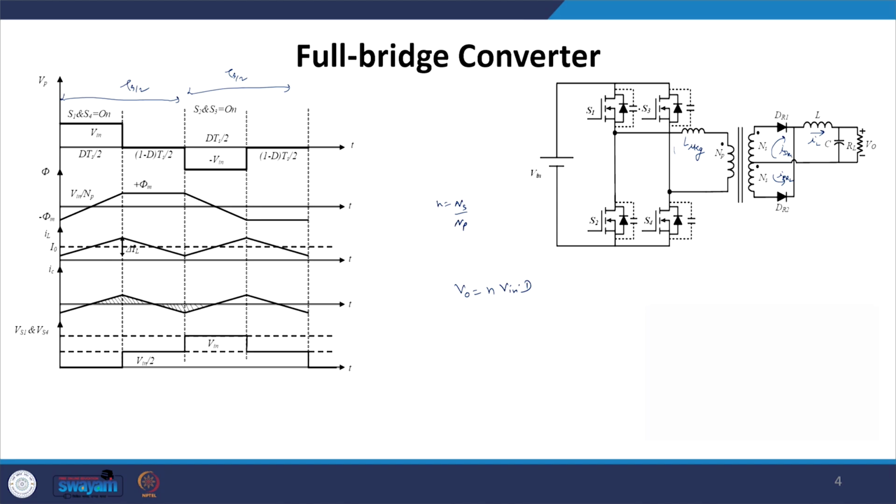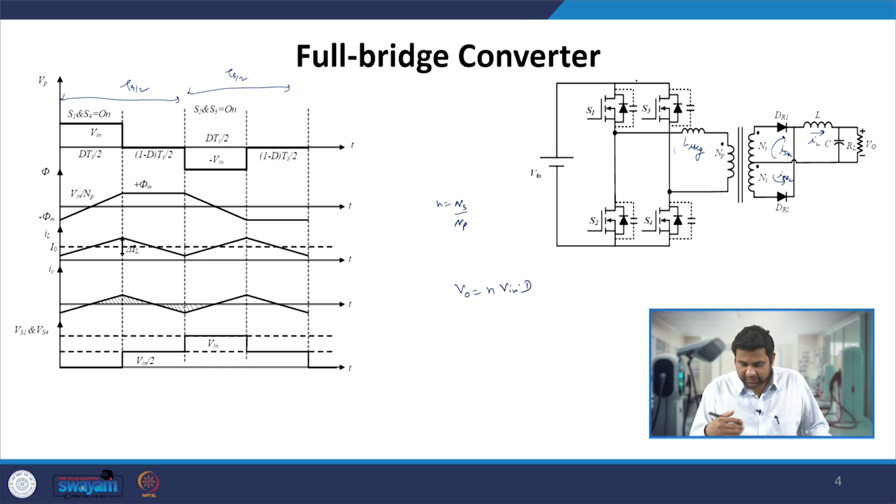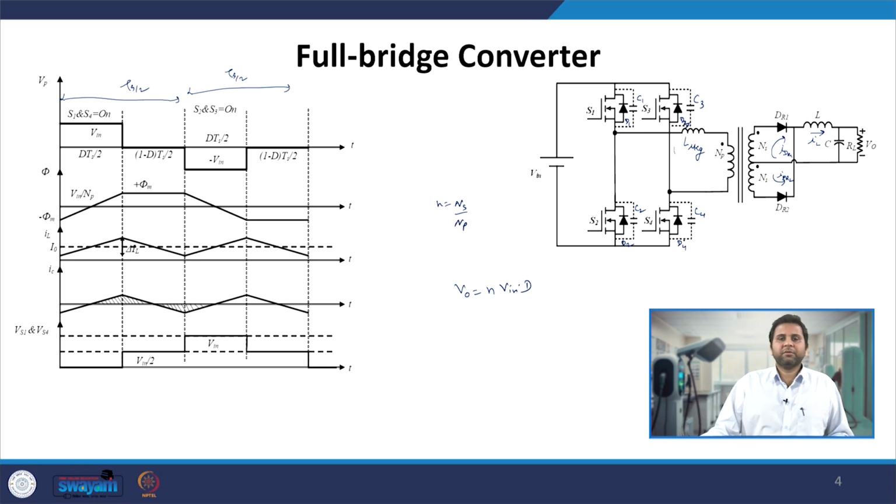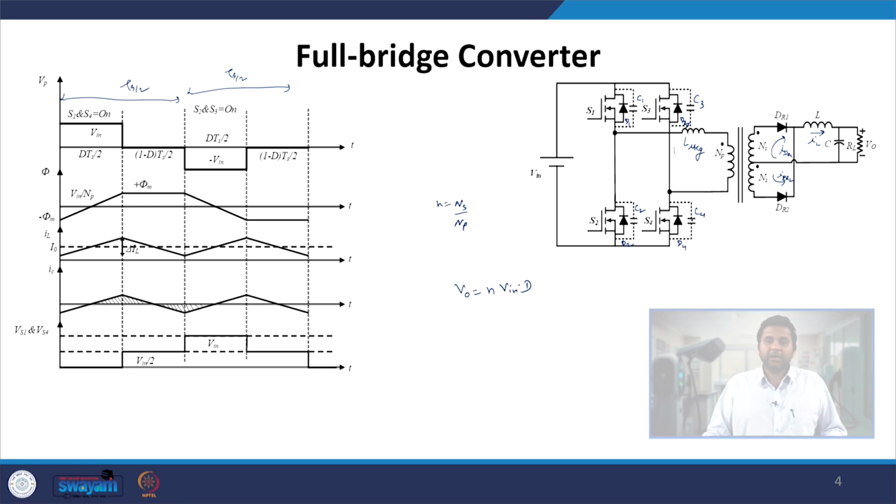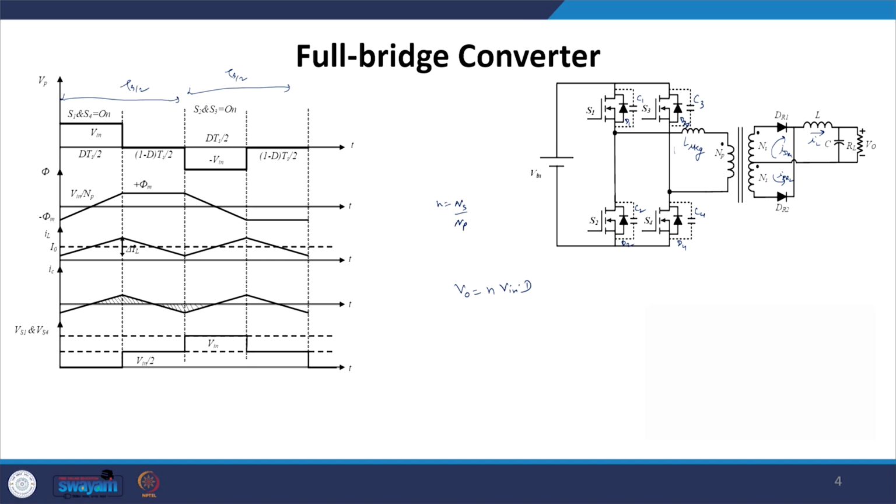We also have, for every MOSFET you take, or even if you take the IGBT, across the drain to source a capacitor: let's say we have the output capacitors C1, C3, C2, C4, and these are D1, D3, D2 and D4. Since we have considered these as MOSFETs, D1, D2, D3, D4 are the body diodes of the MOSFETs. So now we know that we can control our output voltage by just controlling the duty ratio of S1 and S4 switches.